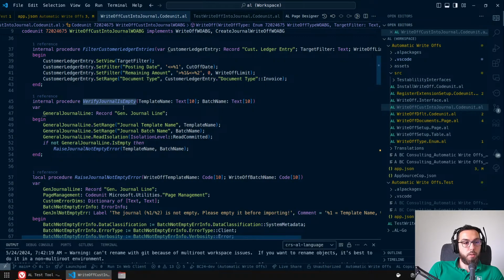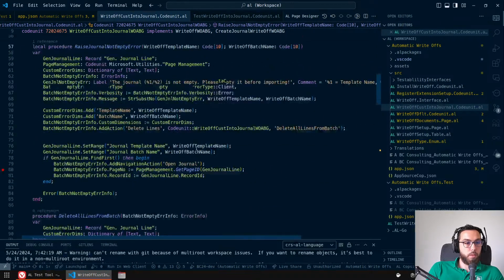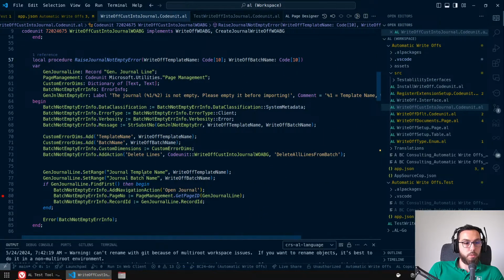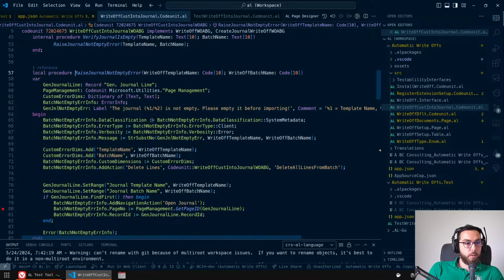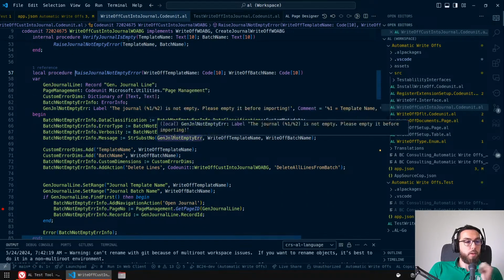That might create some collisions or whatever side effects, and I just don't like that. So what I do is I filter down, do an is empty, and if not, then there will be an error message. And the error message is actually an actionable error, so I'm going to go through that in a minute. But